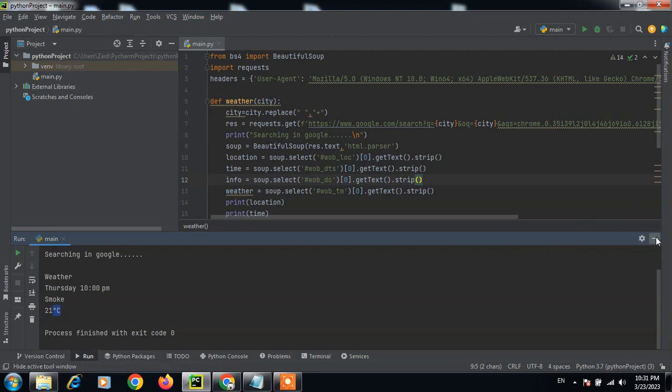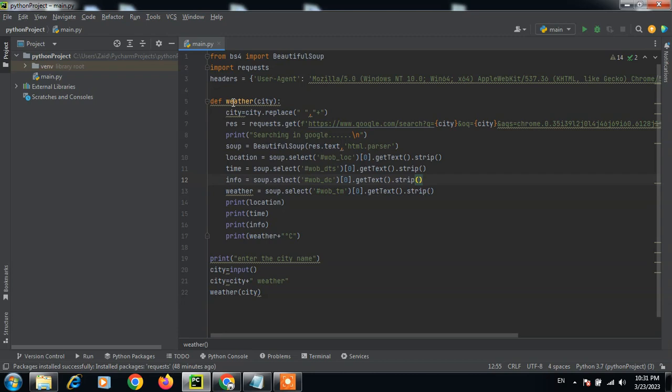So if you see this code, this is the function I have created. So first of all, the code will start here. It will ask you to enter the name of the city and it will be stored in this city variable. So after that I will call this variable weather and give it argument as city. Then this function will be called and it will just